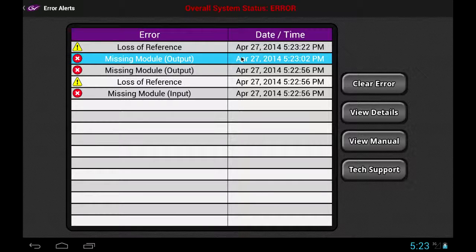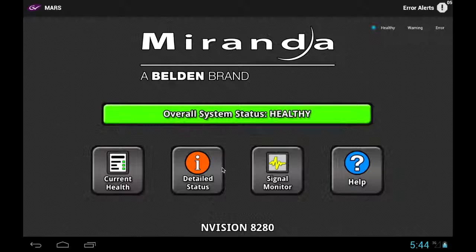As you can see here, a missing module error has occurred recently. If you click on it, a few available options for troubleshooting are available on the right. Below the health bar on the main page are 4 navigation buttons used to take the user to other troubleshooting